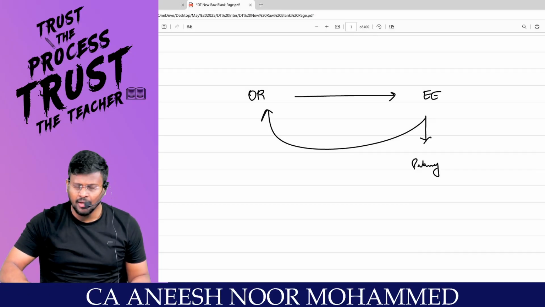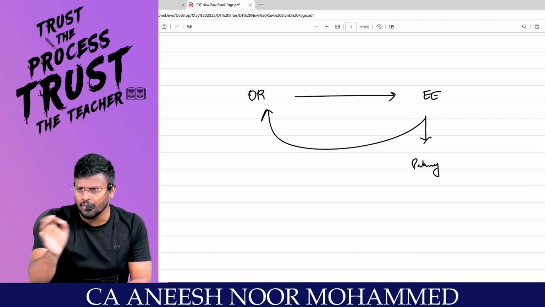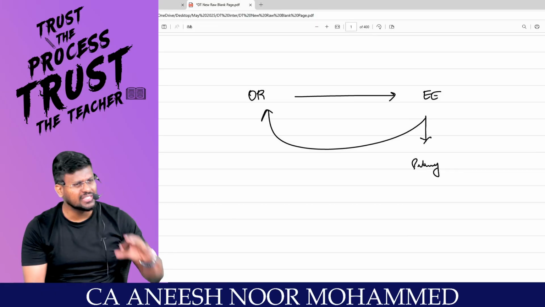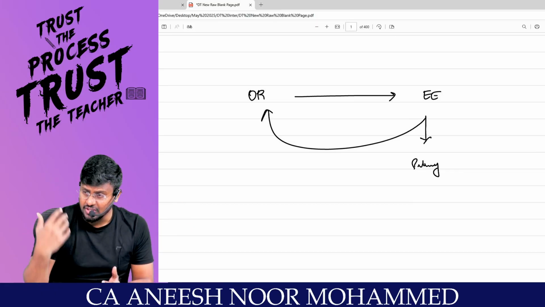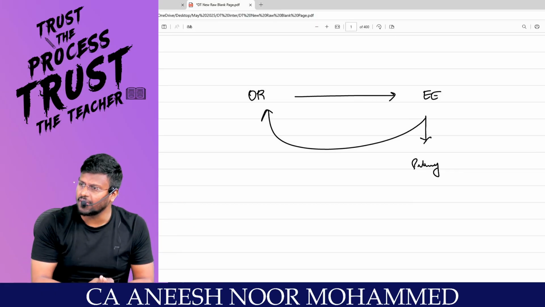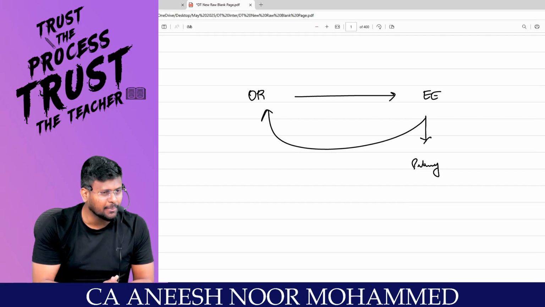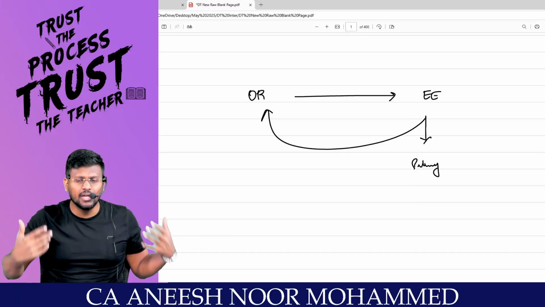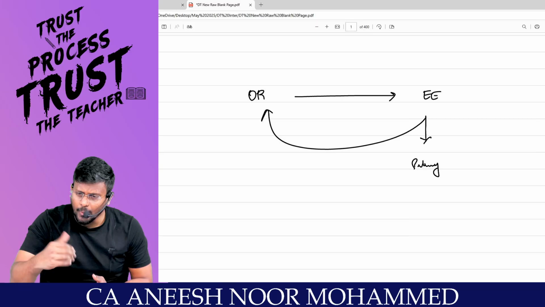Generally, at the age of 25 to 30, we will be joining for a job, correct? We will be retiring at the age of 60, 65. So we would have served for 30, 35 years. At the time of retirement, the employer will have a feeling that, oh my God, this man, this girl has worked so much for the development of my organization. So you are going to retire now.